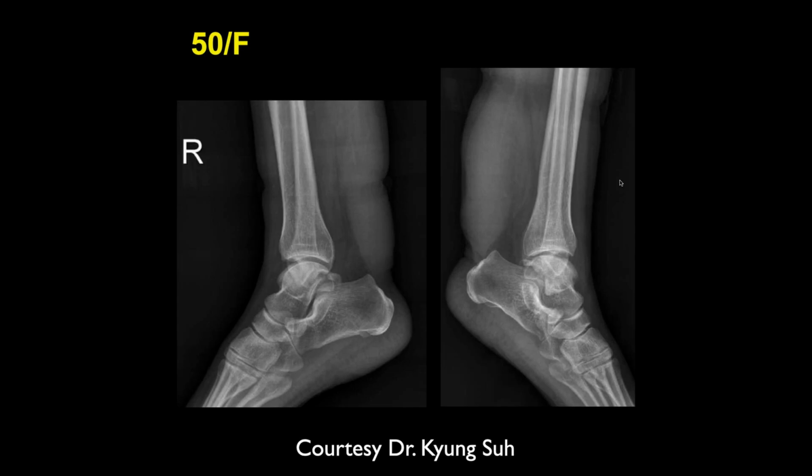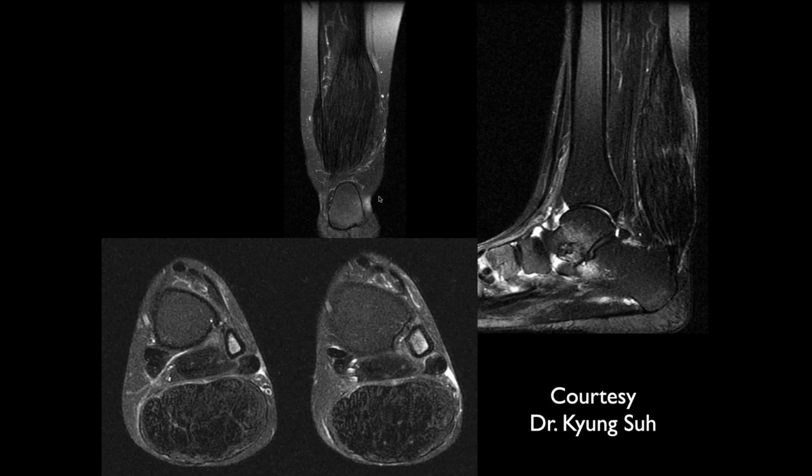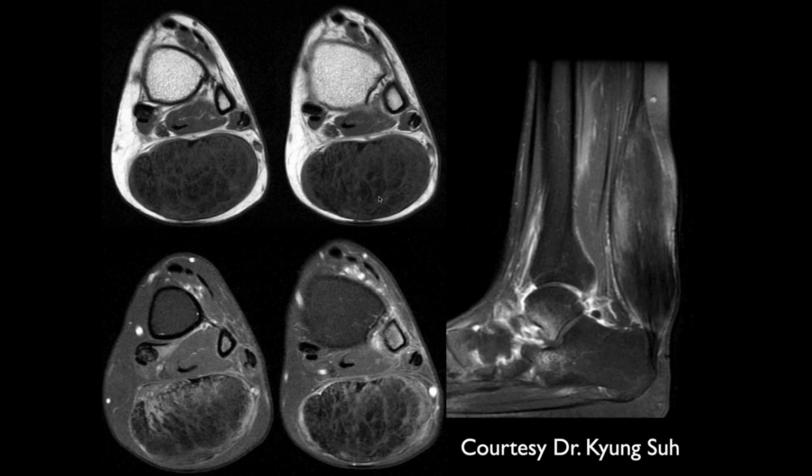Okay. So a 50-year-old female. We can see marked thickening, left greater than right, of the Achilles tendons. I think they're giant. And now we can see diffuse low signal infiltration on fat saturated sequences, and on both fat and unsaturated sequences, throughout the Achilles tendon. The other tendons I don't think are involved. So again, I was wondering if this is just a xanthoma. And in the case I have seen, it did affect the